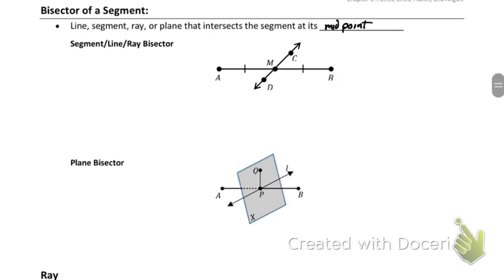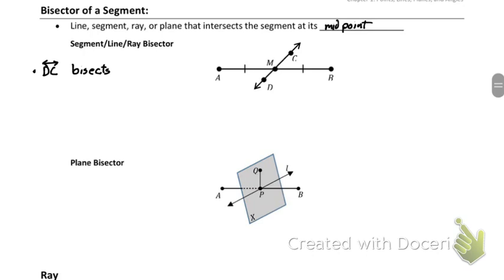Is M the midpoint of D and C? No, it doesn't look like it. Even if it looked like it, you don't know unless you have tick marks or something saying it's the midpoint. So we know for a fact that M is the midpoint of AB. That means the line that cuts through M is a bisector. So we could say something along the lines that line DC bisects